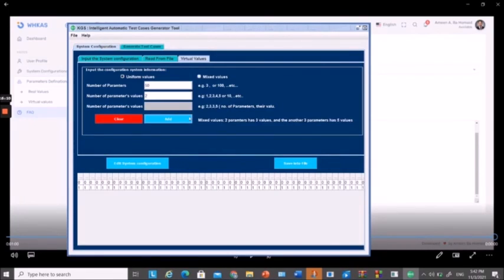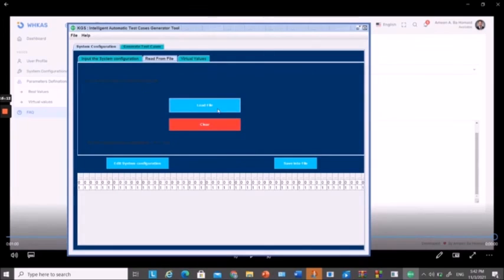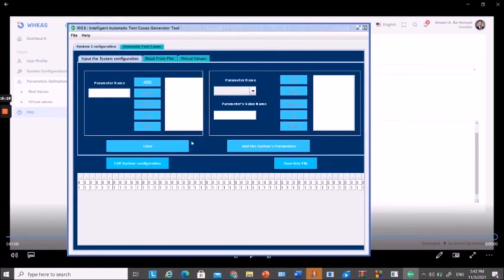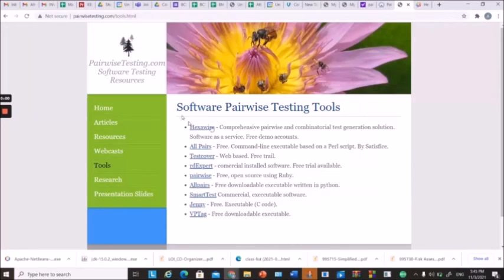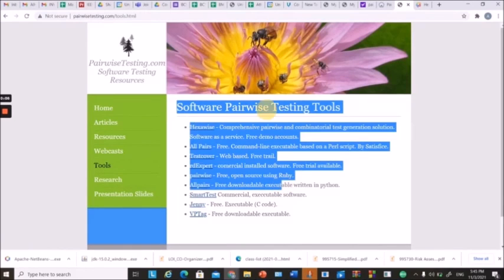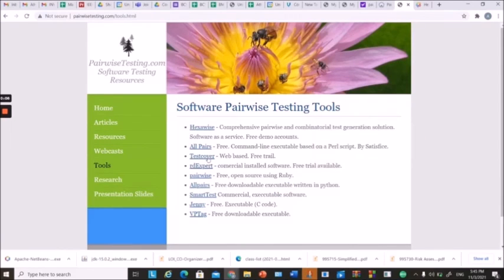You can use this tool while also reading from files. Those files will be prepared by testers, and you can also key in the data. You can see here some of the existing combinatorial testing or pairwise testing tools, and we have XY's all pairs test case, and there are also many others. Some of them are web-based, some of them are commercialized, and some of them